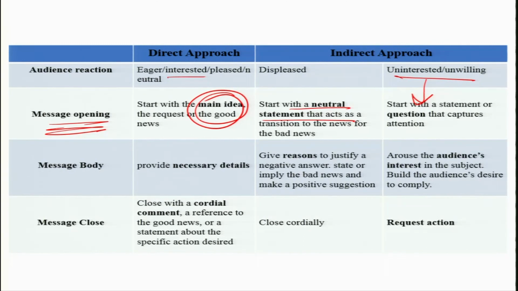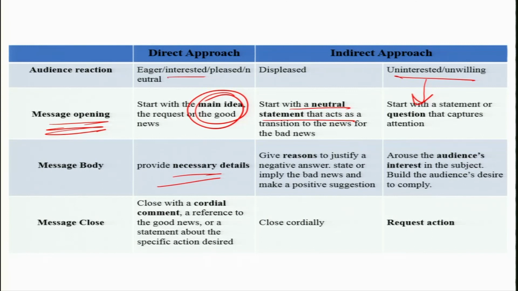And then, how you are going to frame the body of the message. If you are going for the direct approach, the best idea is to give the necessary details directly. Just after stating the issue or the information, jump on to the necessary details. Whereas, in the indirect approach, after stating a neutral statement, try to give the justification about that negative news,